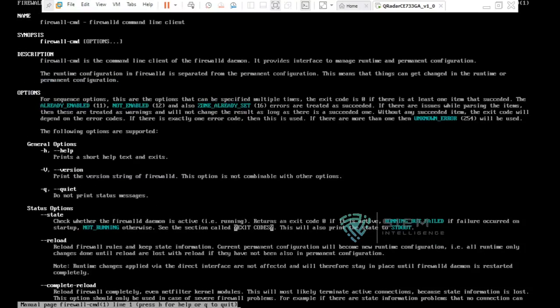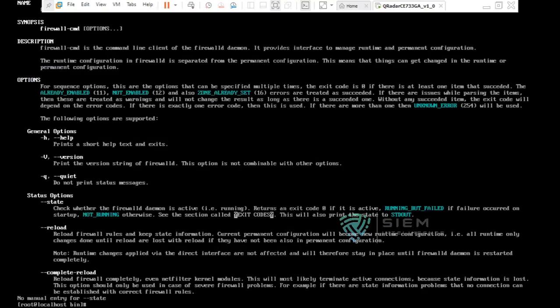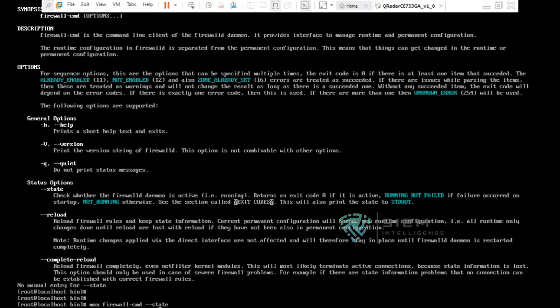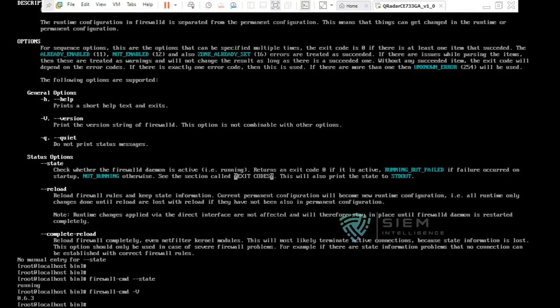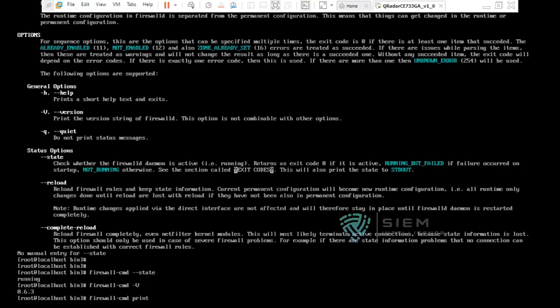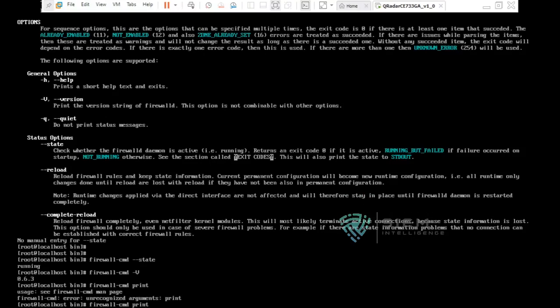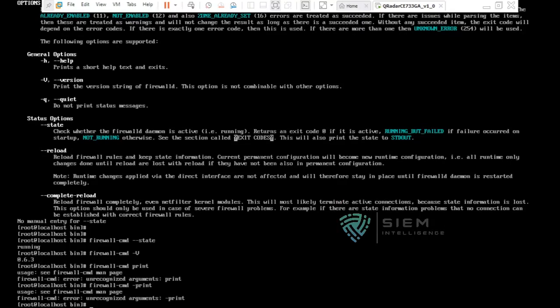State. Running. It's not printing. You need to know print. Show. The commands are not working over there.